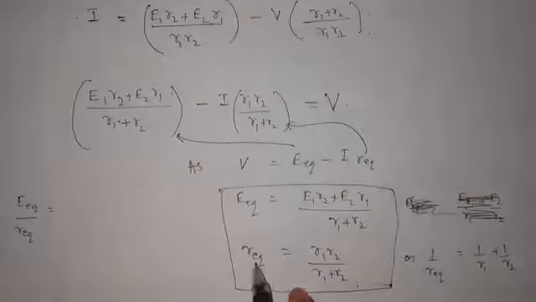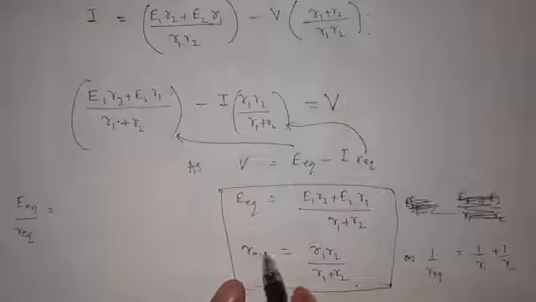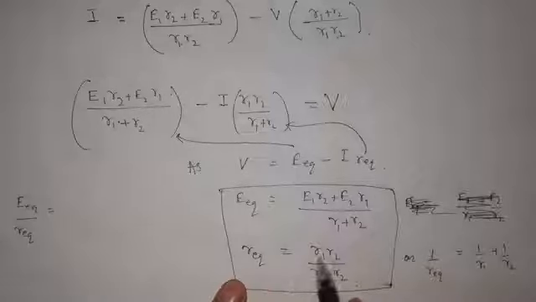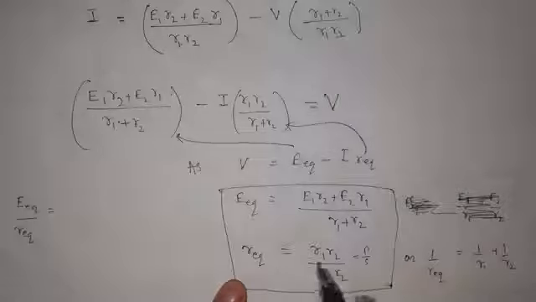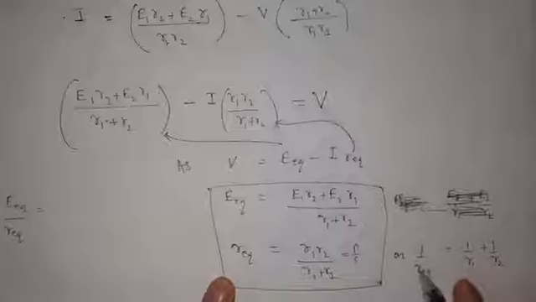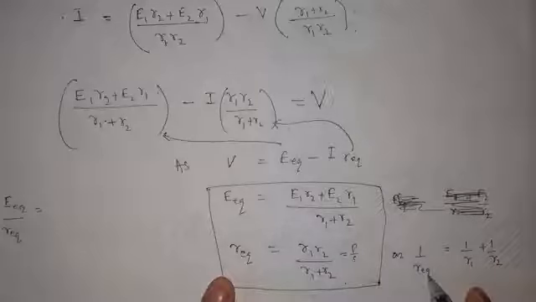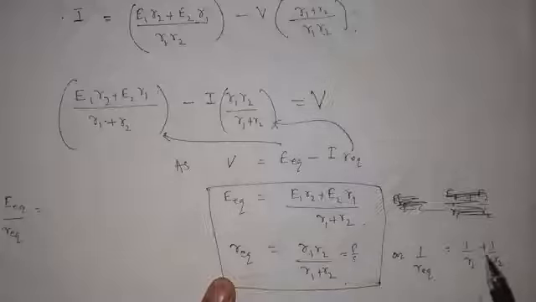so over here this R equivalent is the total internal resistance of the cell. You will find that for two cells in parallel combination, it is product upon sum. So if there are more, in simplified form you can write that 1 upon R equivalent is equal to 1 by R1. How do we add resistances in parallel? It becomes 1 upon the individual resistance. So it is 1 by R1 plus 1 by R2 plus so on up to the nth.